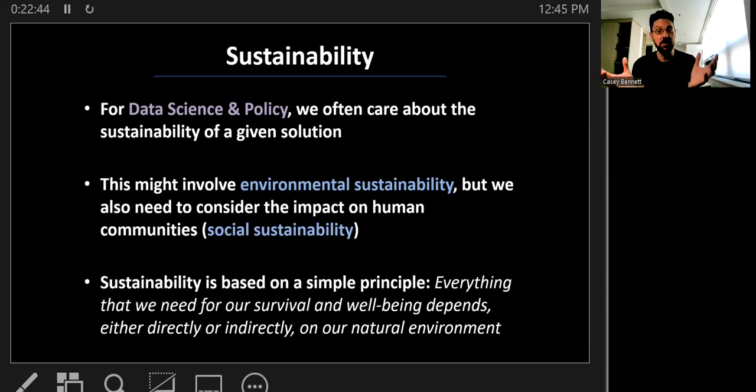We have to breathe oxygen, we need water, we need food, but we also depend on our communities to survive, right? No man is an island. In modern society, and even in prehistoric society, people are social animals, like all primates. And we depend on our communities to survive. We don't survive on our own.